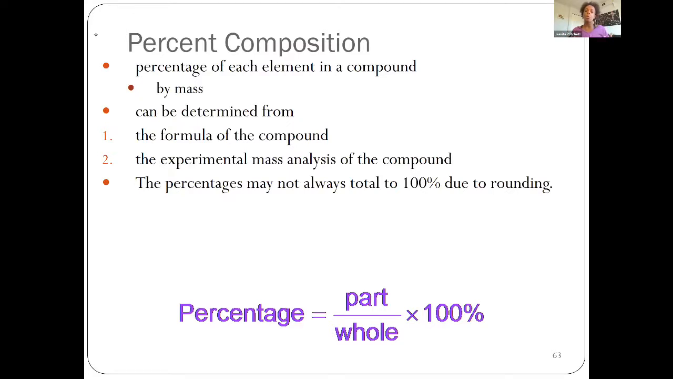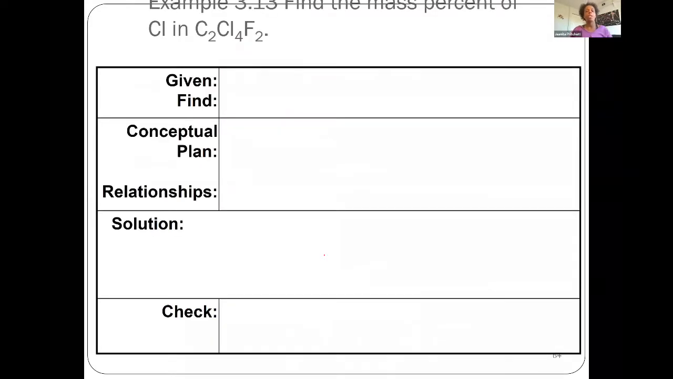And so often when we're writing percentages, we're looking for some part to whole ratio where the part represents the element in question and the whole will represent the entire compound's mass. And so for percent mass composition, we're looking at the mass of an element compared to the mass of the entire thing. And so in this case here, it says find the mass percent of chlorine in